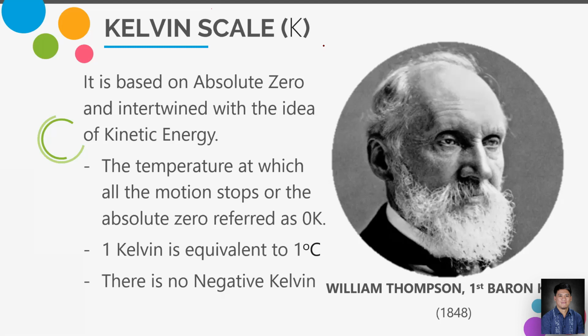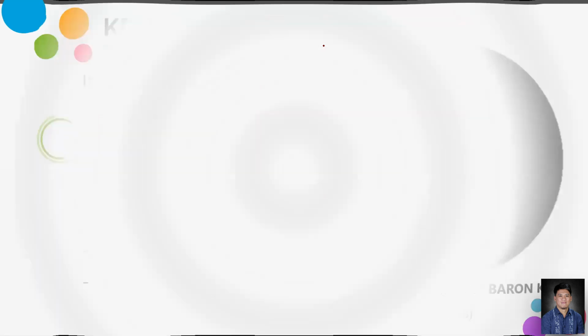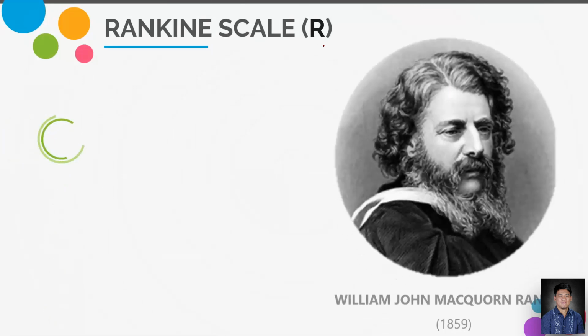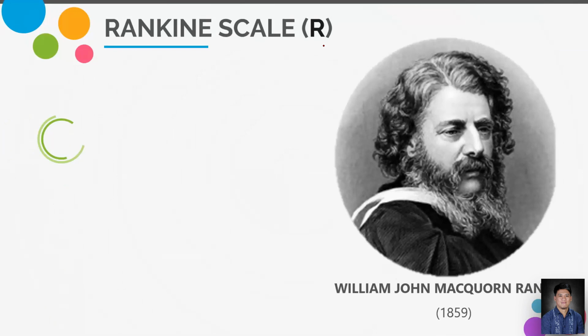Okay? So the last scale is the Rankine scale. Okay? So the last scale is the Rankine scale, which was developed by Sir William John Macquorn Rankine during 1859. So Sir William John Macquorn Rankine developed the Rankine scale during